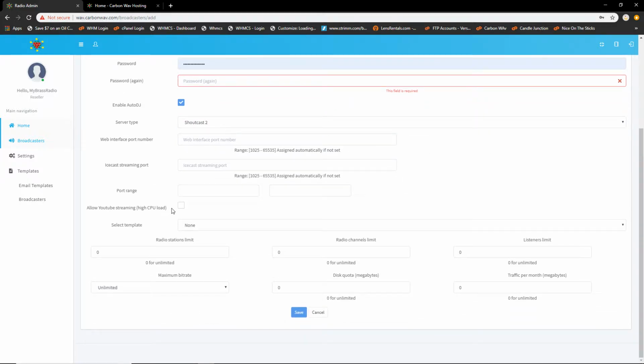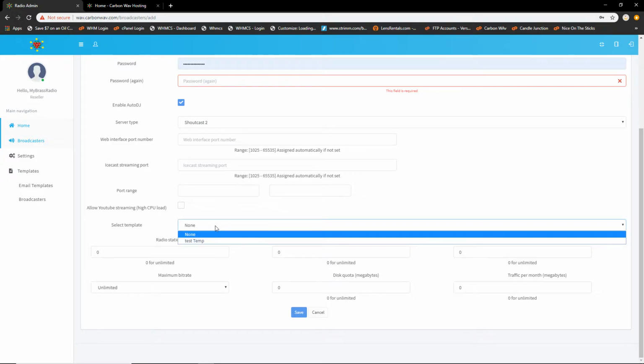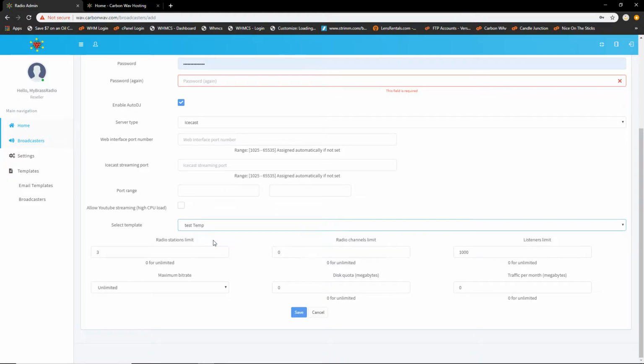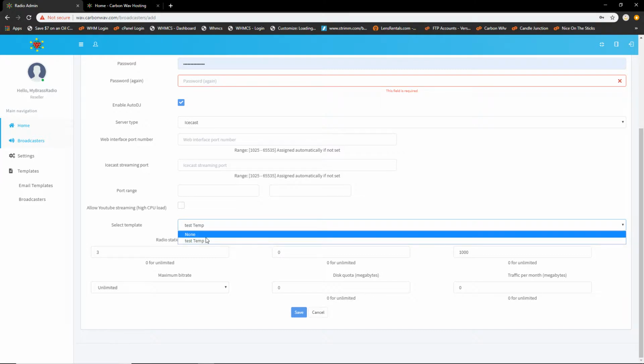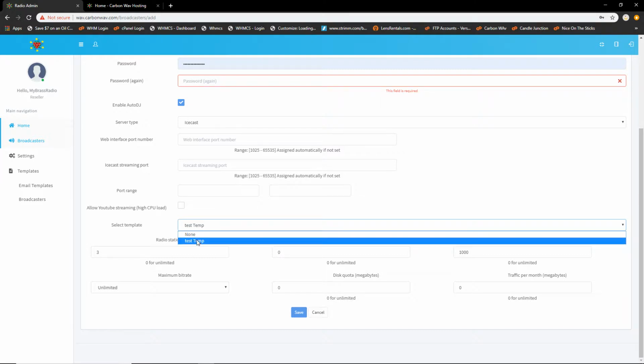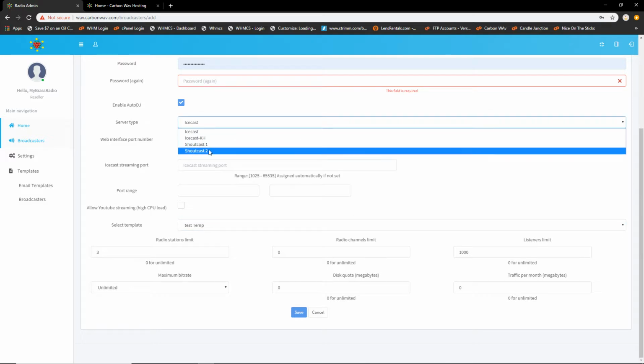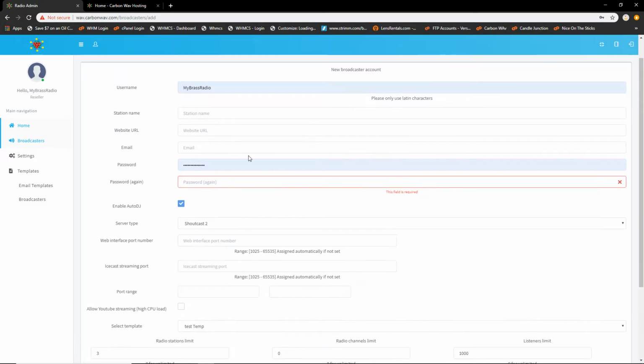And just like on the template, you can allow YouTube streaming, high CPU load. Make sure you talk to your hosting provider before this option is selected. And down here, you can select an actual template. So if you want to skip all that information, you'll simply press test template and it will actually fill the rest of the information out for you. So we're going to use test template, but we want to use Shoutcast. So what I would do